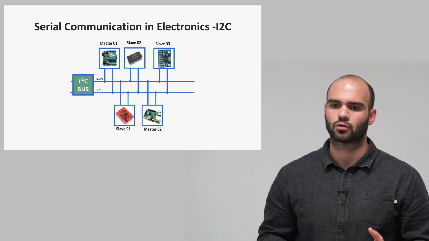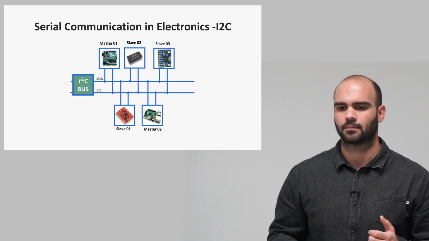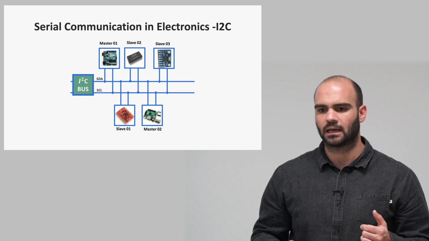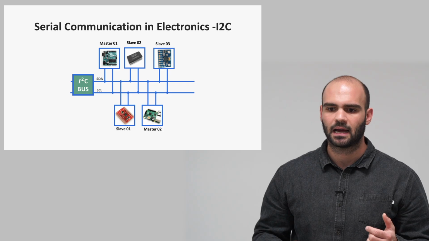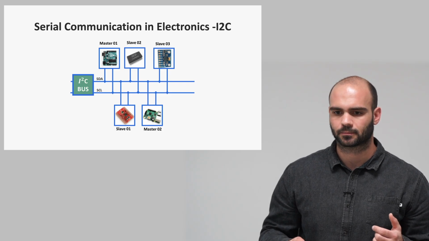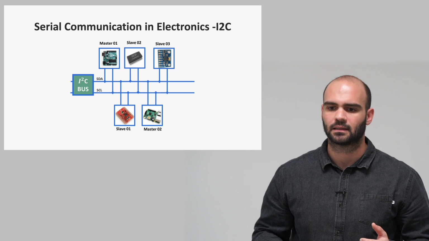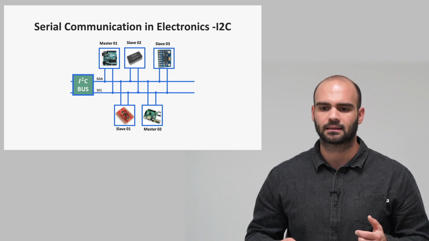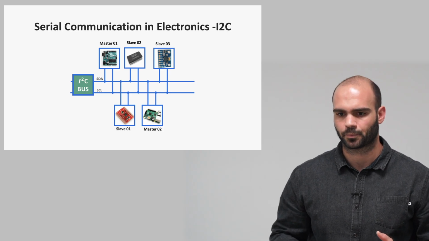This diagram shows how communication works for the I2C bus system. As you can see, there are two main lines, SDA for data and SCL for the clock. All the devices, both master and slaves, are connected to the same two lines. Each device on the I2C bus has a unique address, which allows the master to communicate with one specific device at a time, even though they all share the same connection.